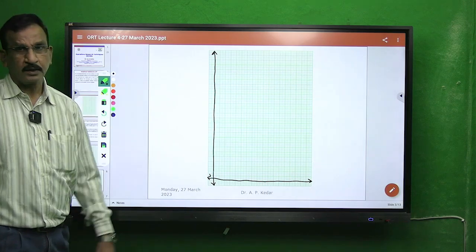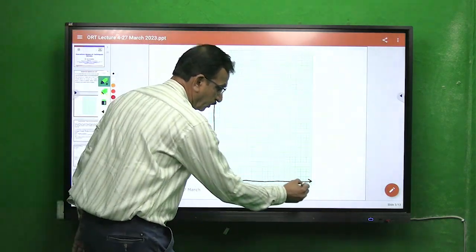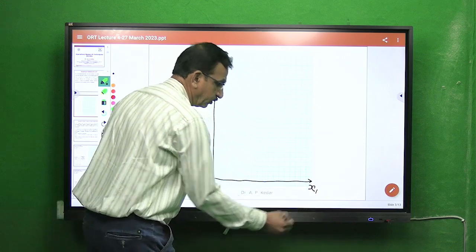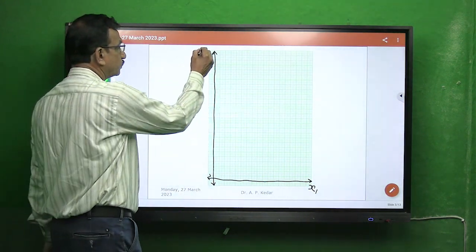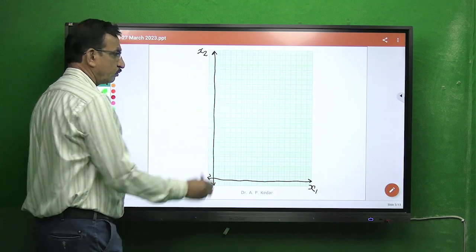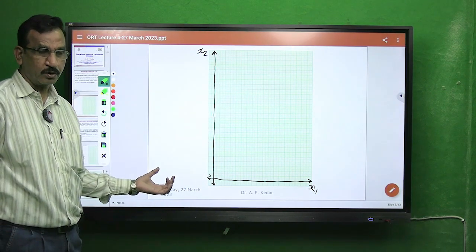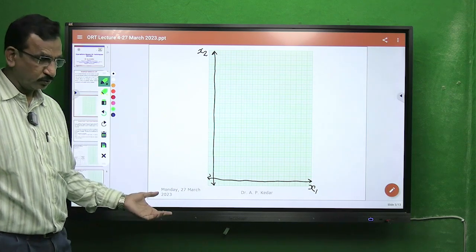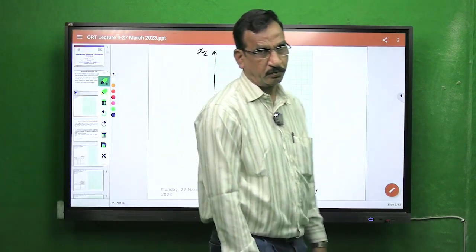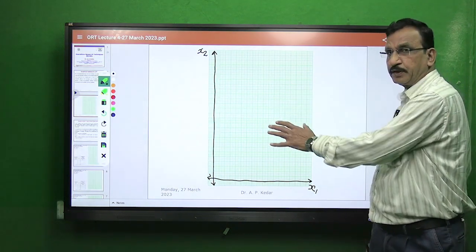So we are working in the first quadrant, wherein the values on the x1 axis are positive and the values on the x2 axis are positive. There may be situations where we are required to plot minus values of x1 and minus values of x2, as per the condition given for the constraint of the line. Now this is the prerequisite